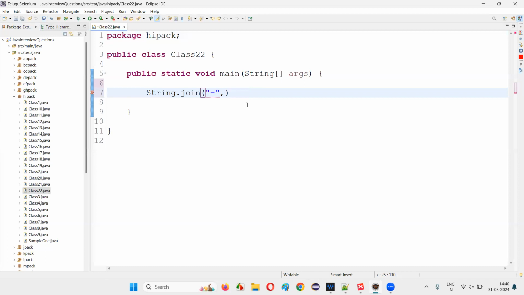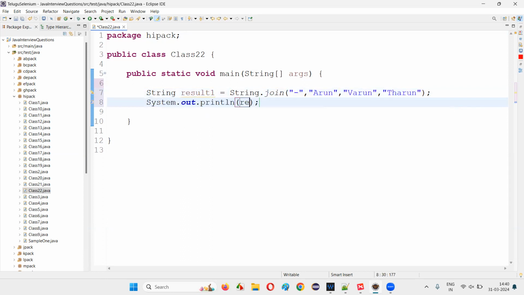Here, you can give any number of strings. Let's say I'll give Arun as the first string, then comma, Varun. Then I'll say Tarun. Like this, you can give any number of strings, guys. All the strings, here three strings in this example, will be concatenated, separated by this hyphen symbol because I gave the delimiter as a hyphen symbol. And I put this semicolon here. Join method will return the resultant string, which is a concatenation of all these three string texts separated by hyphen. So I'll say result1 is equal to, and I'll print out that result1